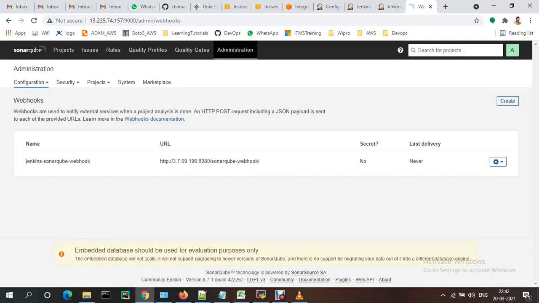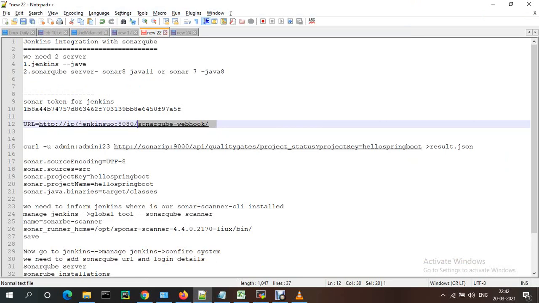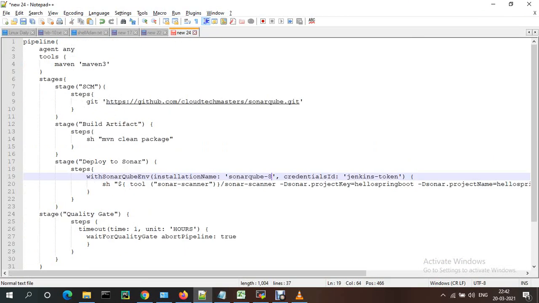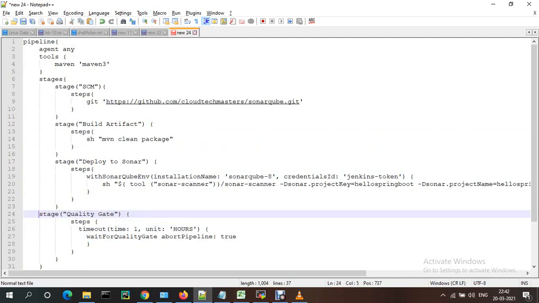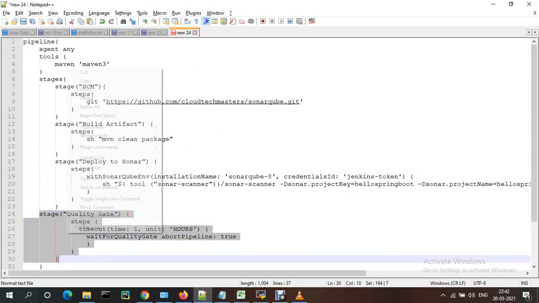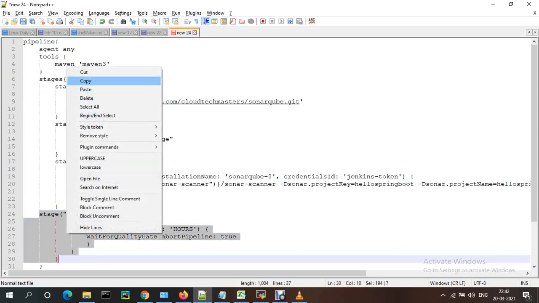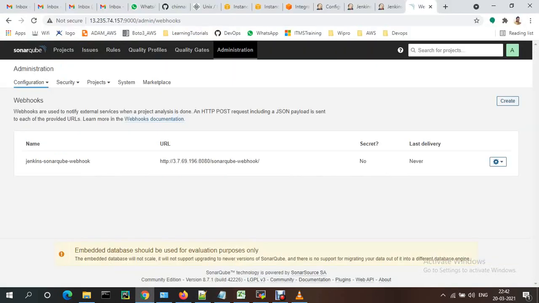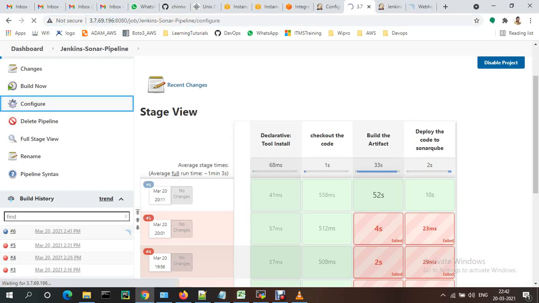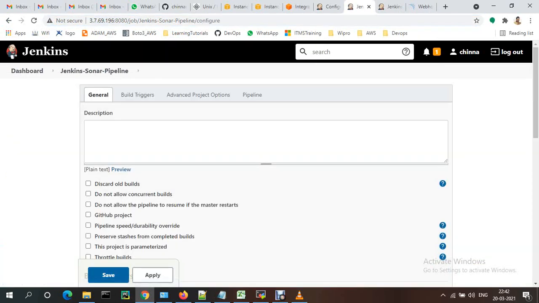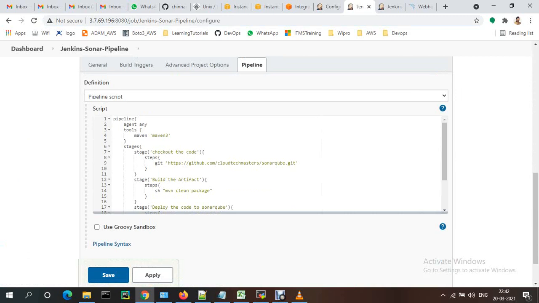Okay, see, now we need to add one more stage in the Jenkins pipeline. Quality gate. This is the quality gate. Just need to add it as the next stage. Okay, just copy this one and then go to that configuration and add the pipeline.